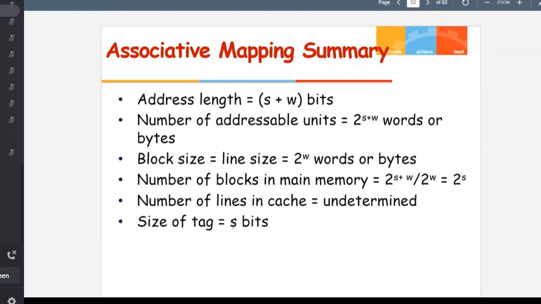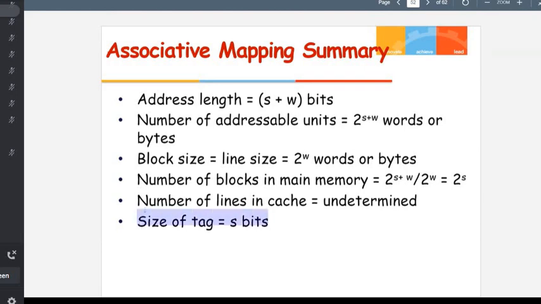One thing: in this also we are searching our word with the help of the tag, and in direct mapping also we are searching the word with the help of the tag. In that case also we search through each of the tags, so we have to traverse through every tag. We use the line reference there. That is why direct mapping has tag, line, and word. Here there is no concept of line. So the formulas remain almost the same, except the last line.